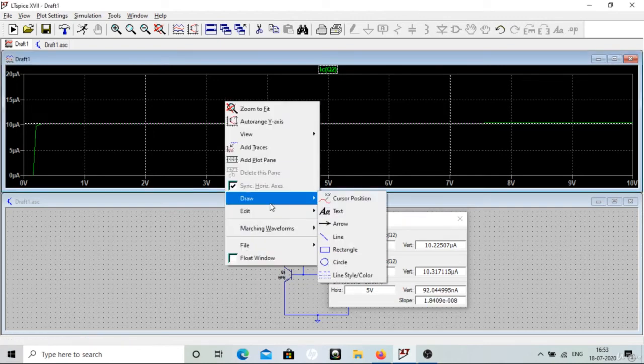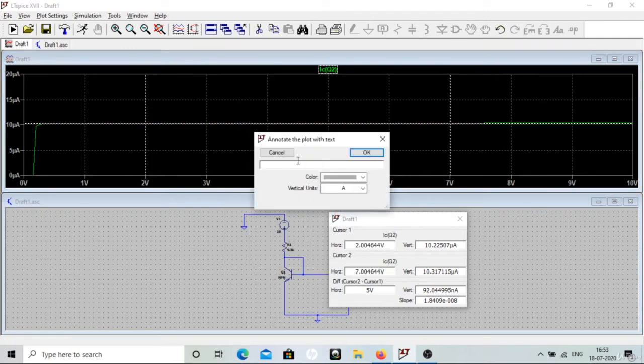So R out will be equal to 1 divided by the slope, that is 1 divided by 1.841 e to the power minus 8.